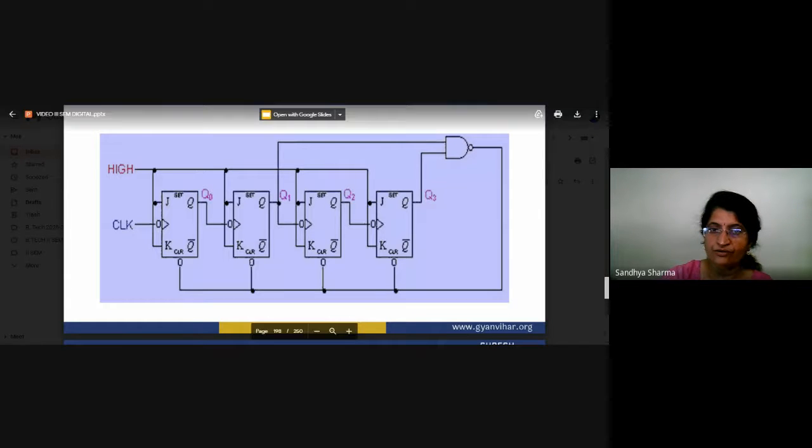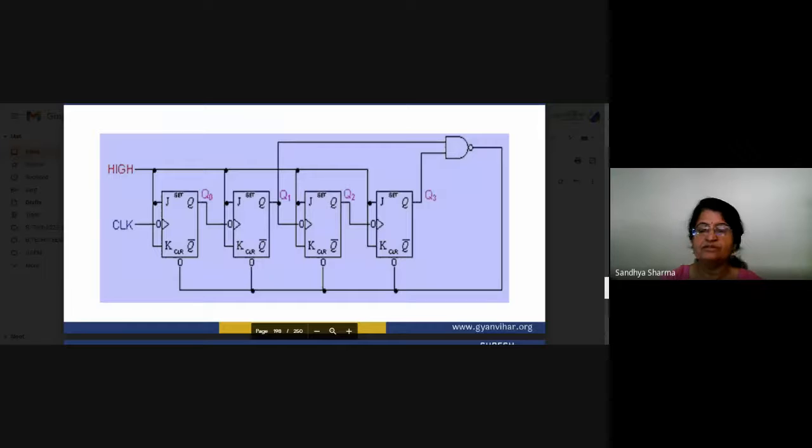Because you have to give 0 and 0, it will be given to this NAND gate, and the same command is given to the flip flops, so that all flip flops will be reset to the 0 level. So this is the condition. After counting 10, what will happen? That is a natural process, one by one all flip flops are setting, but after 10 they will all be reset, and your counting will stop at that particular time. In this way, we can design a decade counter.